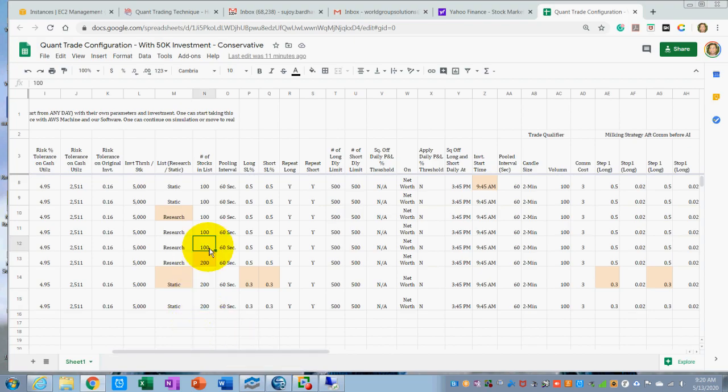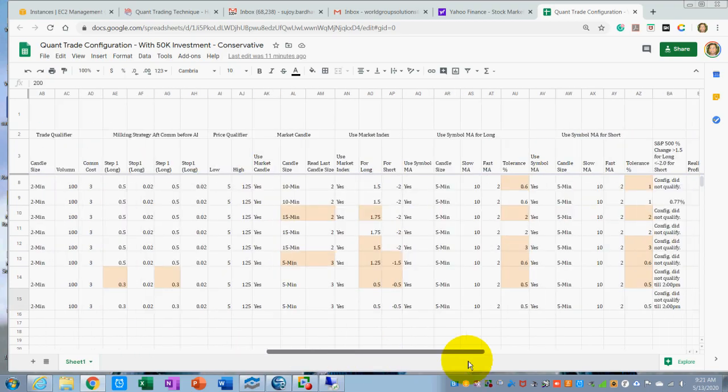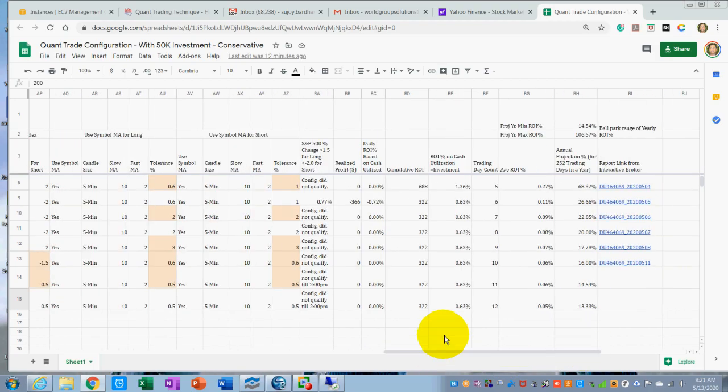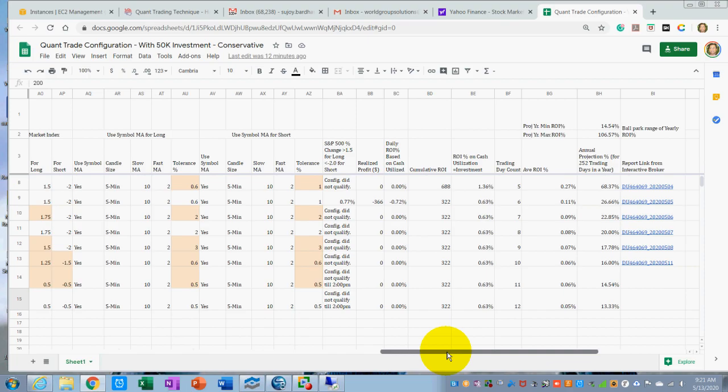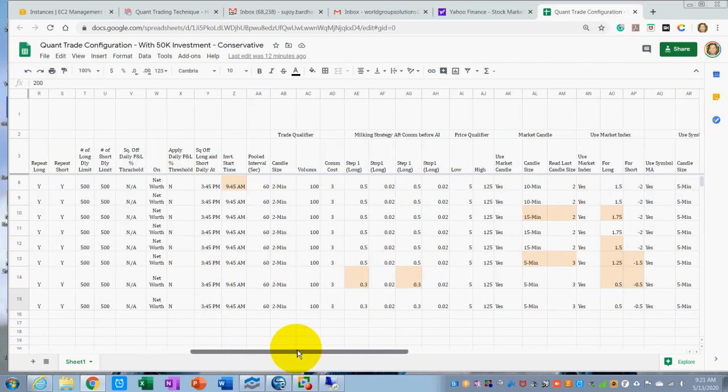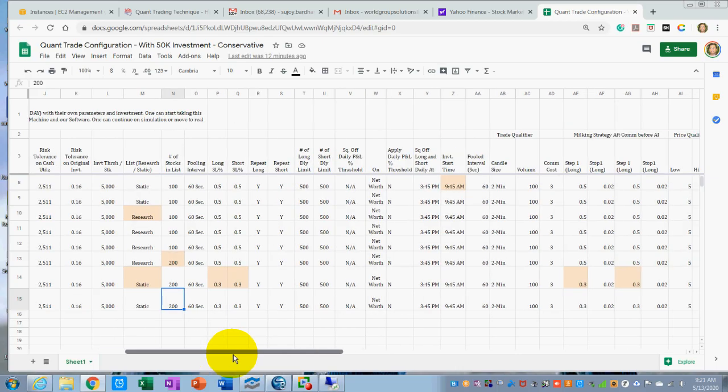I had it at 100, but now I've increased it to 200 to look for more opportunities, because as you see, we had not been trading for the last few days. The market conditions did not qualify, but now let's see what happens today if we put it at 0.5% with 200 stocks on the list to look for opportunities, whether it goes bull or bear. So I will come back again a little later.